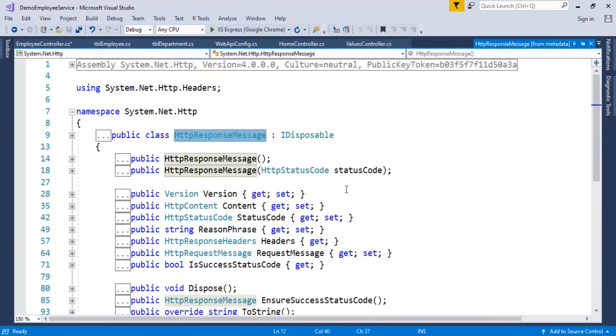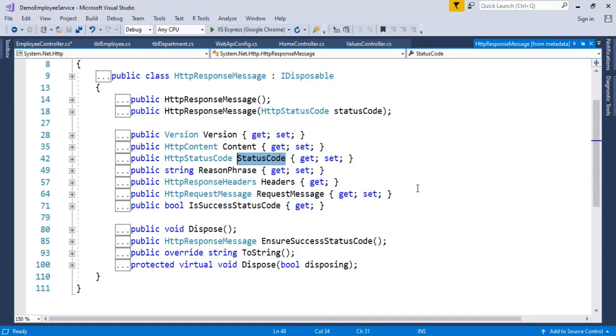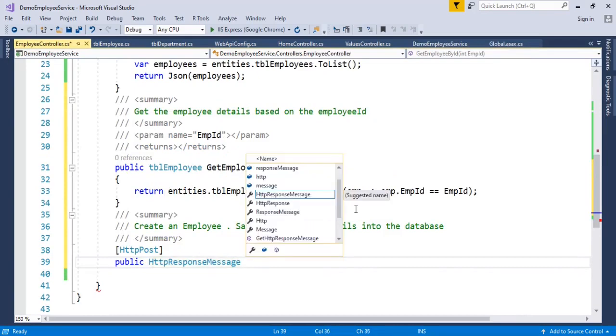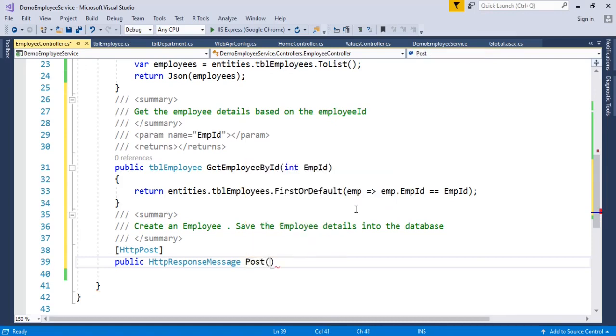It will contain a status code, message, and error code. Now public HTTP response message, what I can write is post.